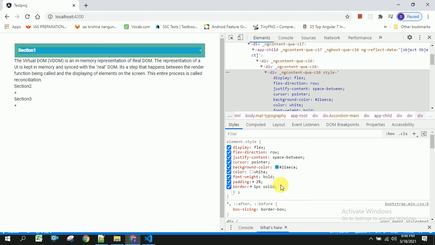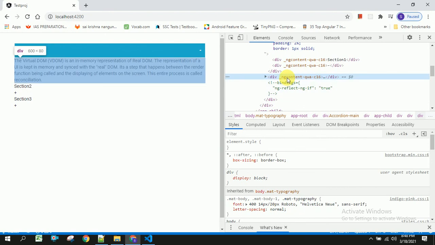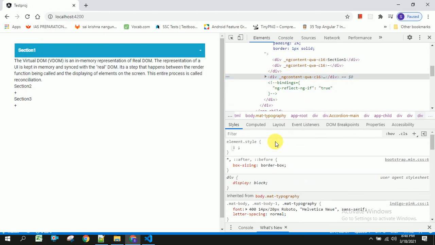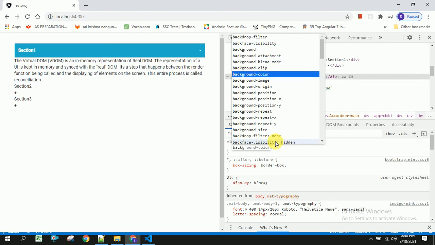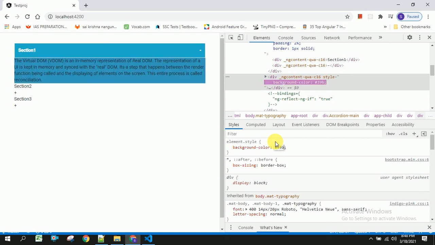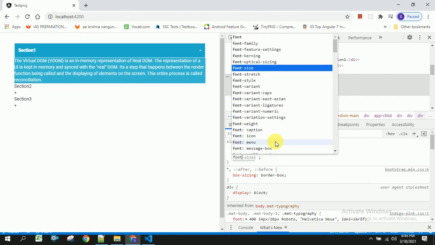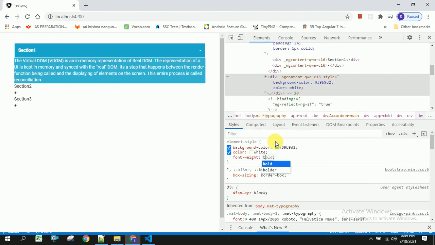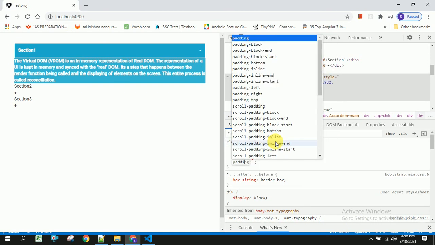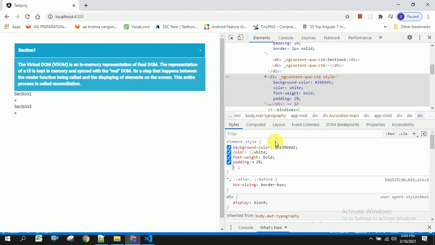That's it. Let us copy this and paste it in our application CSS file, and we will apply this style to the description as well. Background color will be, that's it.